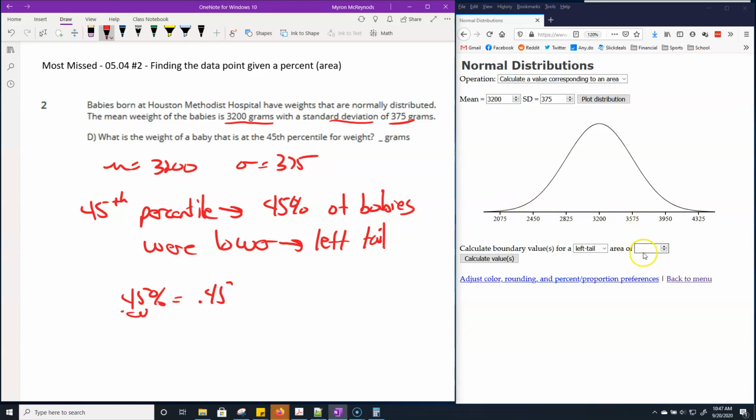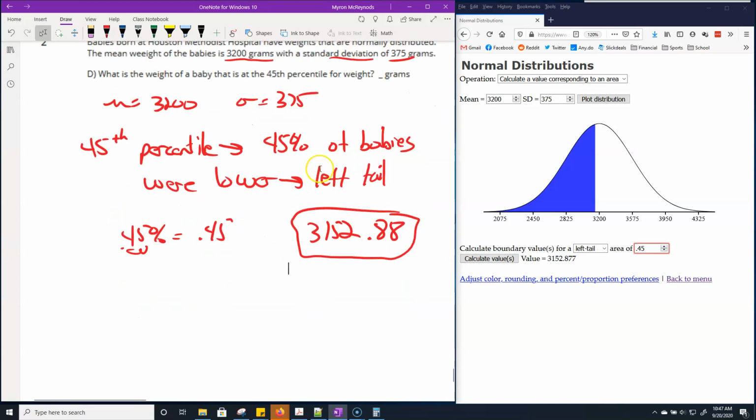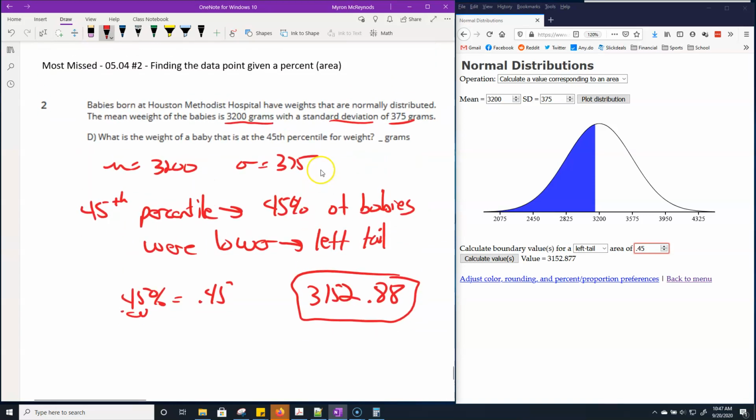So 0.45 to the left, and we get our answer, which is 3152.877, which rounds up to 3152.88. So our final answer is 3152.88. But I want to make sure that you know the different ways they can ask this, because 45th percentile